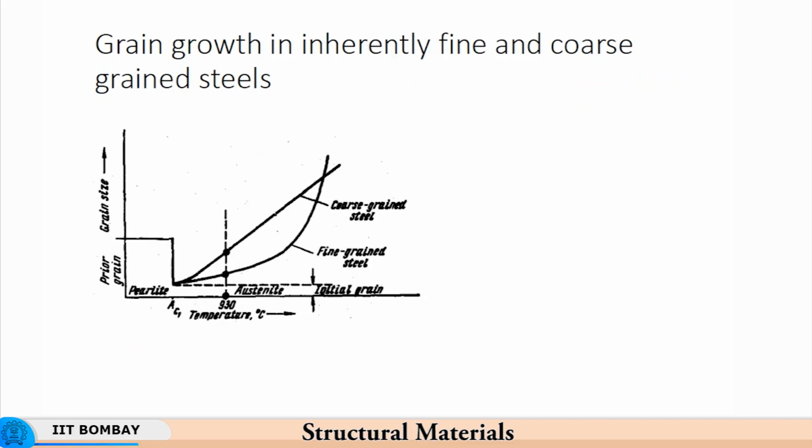So, we have also seen where the inherently fine and coarse grain steel is there. So, for instance, if it is an inherently fine grain steel, the grain growth up to a certain temperature is relatively small, then it takes off very rapidly. Now, when you have ultra fine grain steels, then this point of initiation of rapid grain growth moves to the left, meaning at much lower temperatures the rapid grain growth will start. So, finer the grain size,